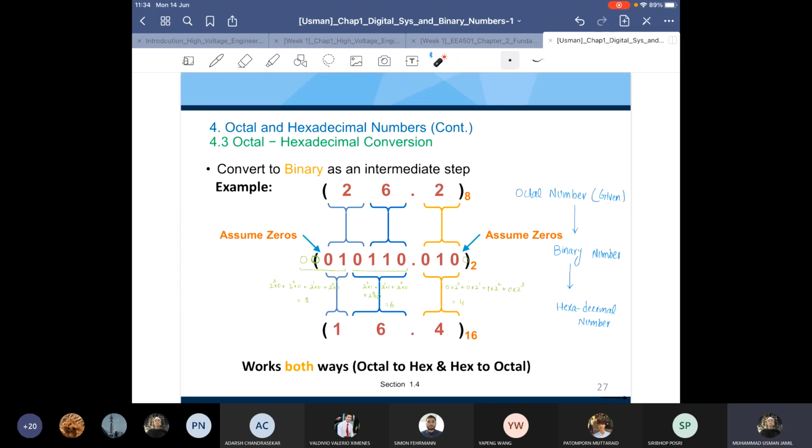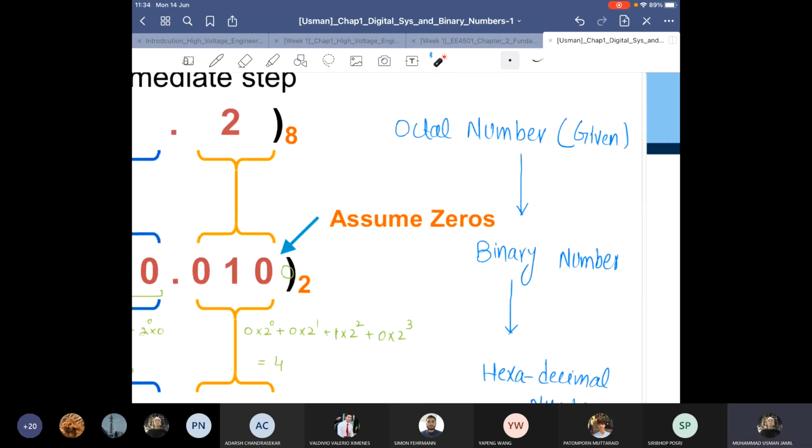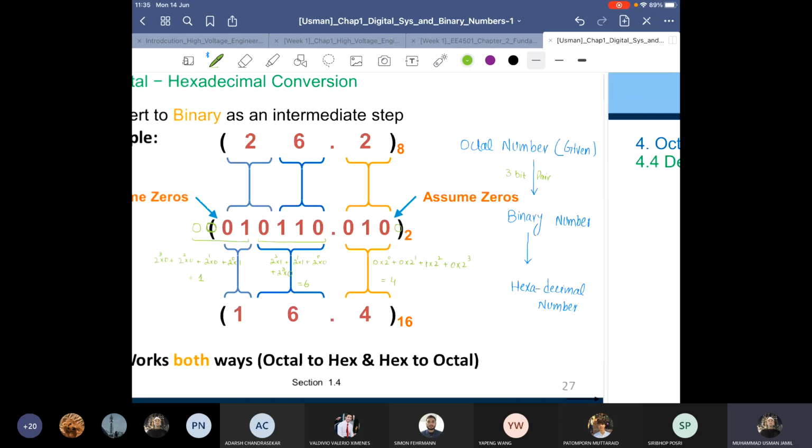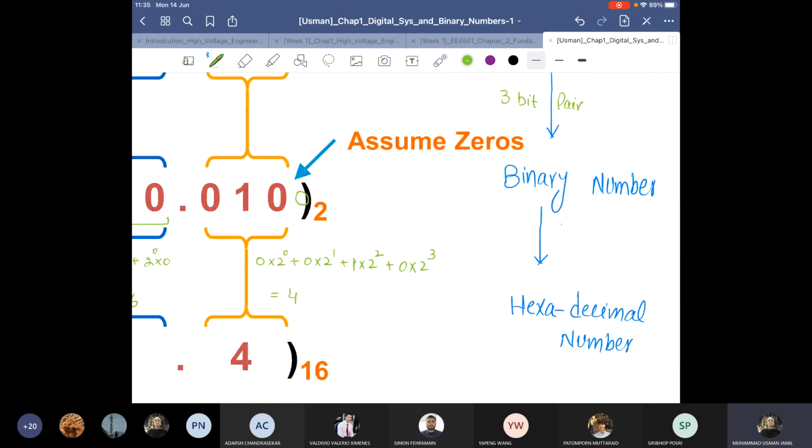When we do it from hexadecimal, we need to convert the hexa number to binary, meaning 4 bits. When we convert from octal to binary, we have a 3 bit pair. But when we come from binary to hexa, we have a 4 bit pair.